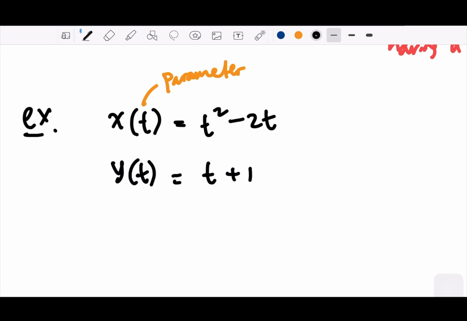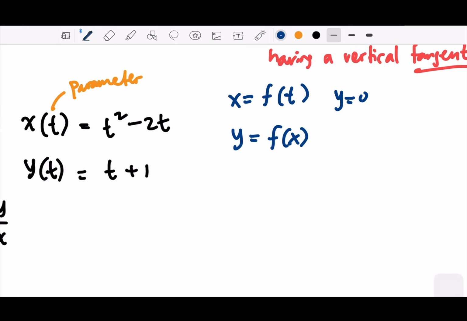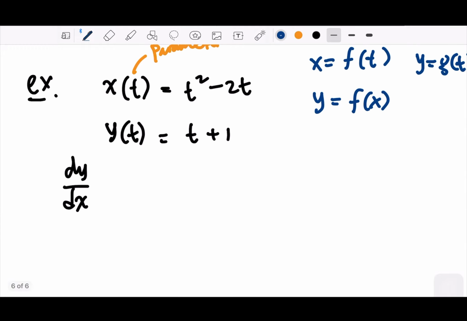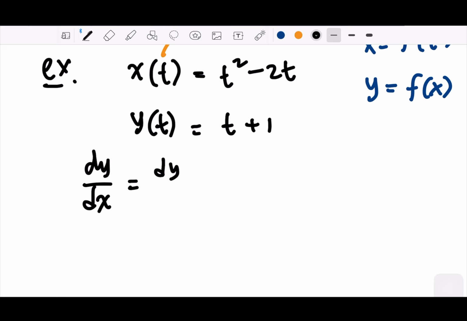So to solve this, if you want to find the slope, suppose that x and y are functions of t, and y is also a function of x. So x is a function of t, and y is also a function of t. Then we know that we can directly get these forms, right? We learned that last session. But